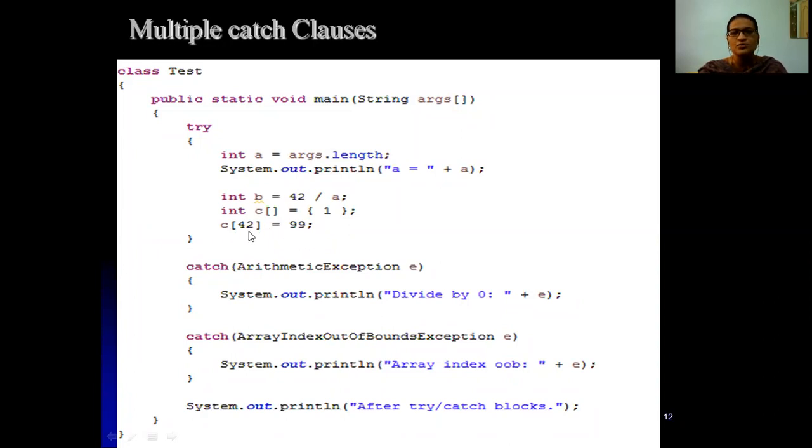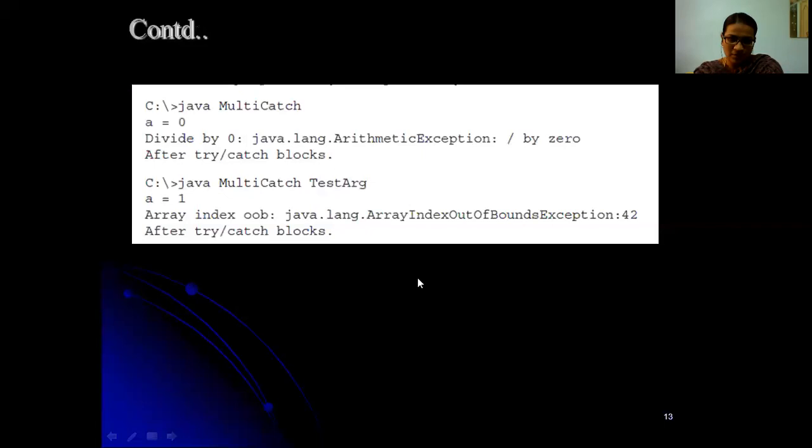This is an exception. So in this case it will call the second catch block, and it will handle an exception, array index out of bound exception, and we are creating an object e. You can create anything, exe or e or n, anything you want. So we are just printing this array index out of bound, and this is a system generated exception. So let us explain with an example.